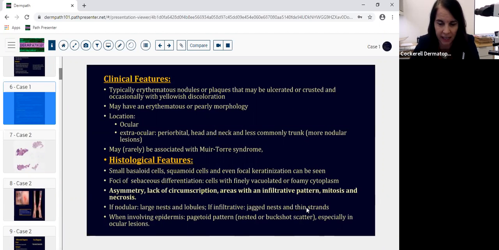So we didn't see as many jagged nests and thin strands, but we did have the large nodules. And when it involves the epidermis, you can see that pagetoid pattern or a buckshot scatter, especially in ocular lesions. So moving on to the next case,